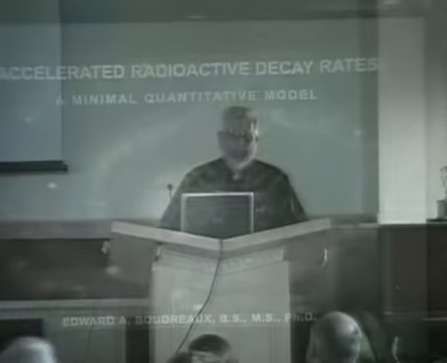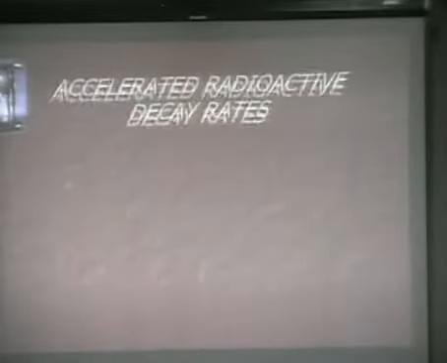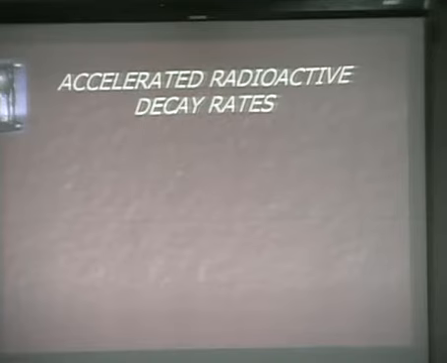Accelerated decay rates is the issue that we want to deal with. Can decay rates change? And that's the question. When we speak of accelerated decay rates, we're speaking of a time frame. In fact, decay rates depend upon measuring by some technique a radioactive decay mechanism. That's the kind of decay we're talking about. So it's a time frame, and we're using the amount of radioactive decay that is changed, say, over a given function of time, which is called the rate. Any change with time is called the rate. And so we call that the interval over which the time has spanned for that amount of radioactive decay to